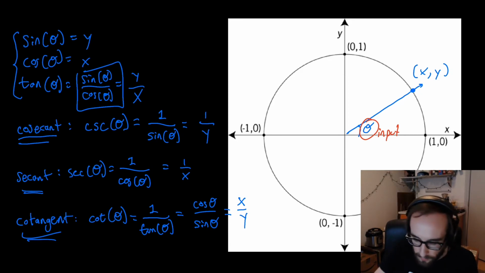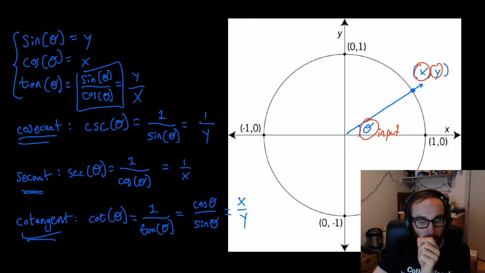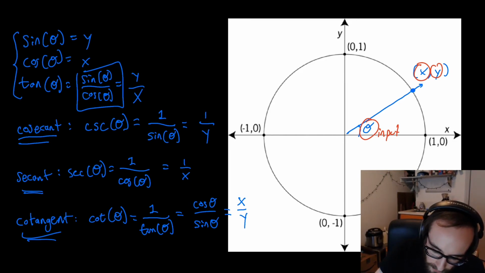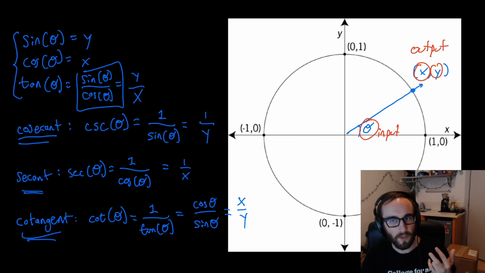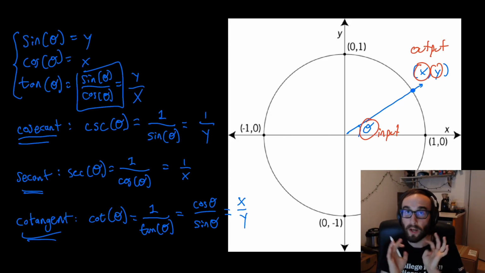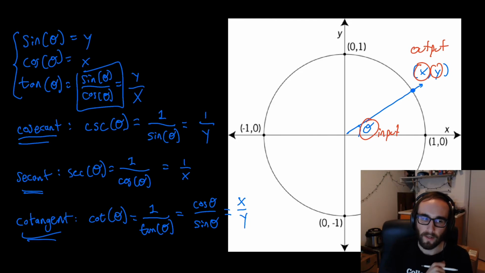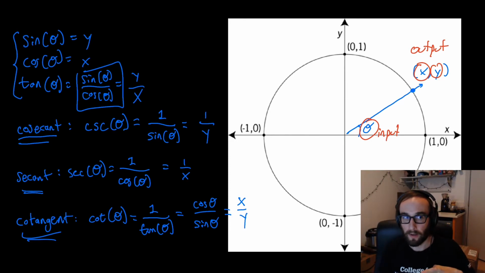And then the output is going to be something related to the point that we get on our unit circle that the terminal side intersects the unit circle through. So here, this is our output, if we think of this as a function. And thinking of sine, cosine, and tangent as a function allows us to move away from right triangles and always having to draw right triangles, and think of them separately as their own relationship or function that we can study, and we can apply what we already know about functions to sine, cosine,